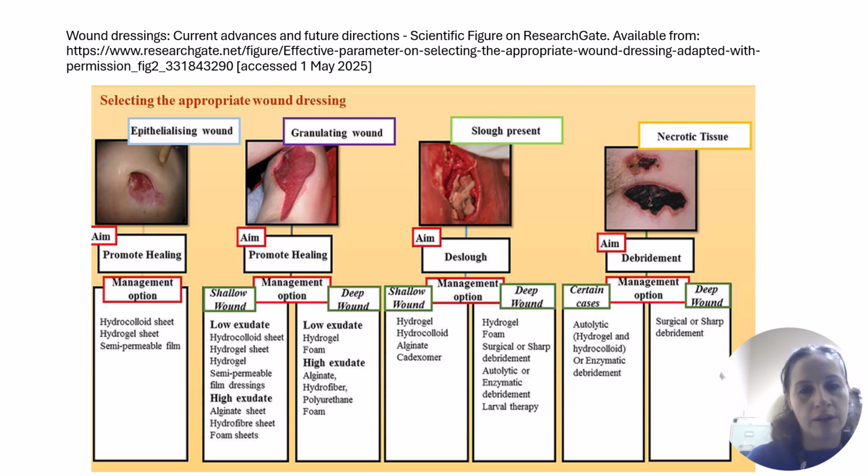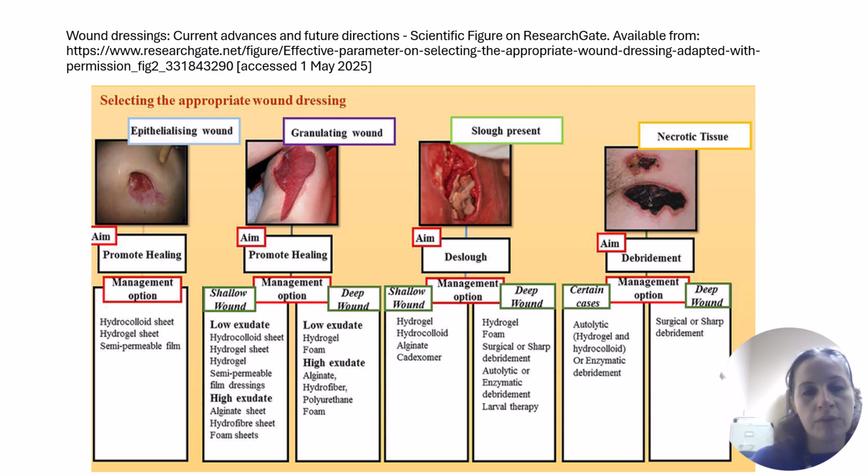And it tells you what the goal is, and then what some of the options you could use are, okay? And then again, you can see when it says low exudate, you have hydrocolloids, you have hydrogels, but when you have high exudate, one of the key words there is alginates. And then foams can kind of be in between, but low exudate, you see film here too, okay? And then again, depending if it's deep or shallow,